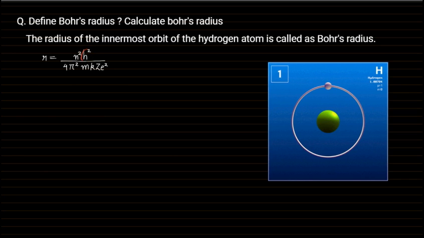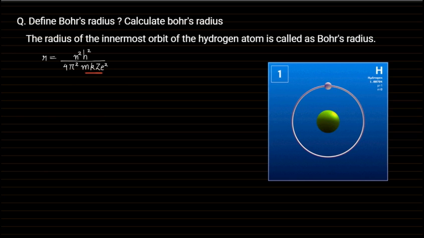Now in this denominator, the next thing is this 4 pi square, which is a constant. M denotes the mass of the revolving object, which is your electron, and its mass is also a constant. This k represents your force constant. Just a minute. This mass was 9.11 times 10 to the power minus 31 kg, and this force constant is 9 times 10 to the power 9. Don't get confused.